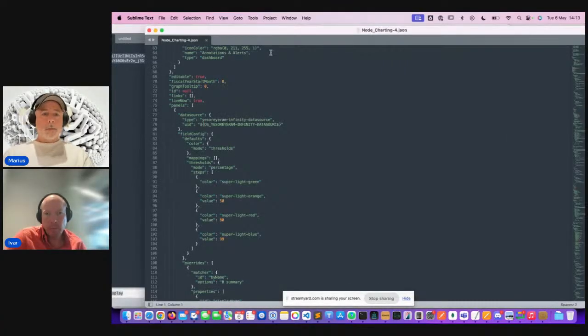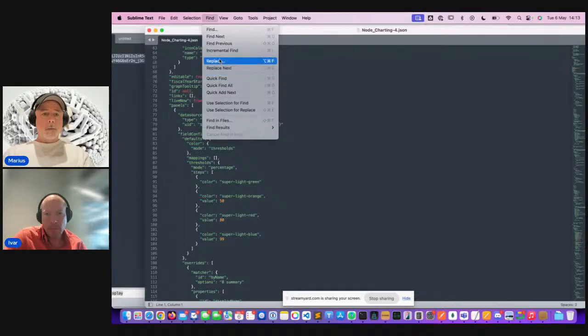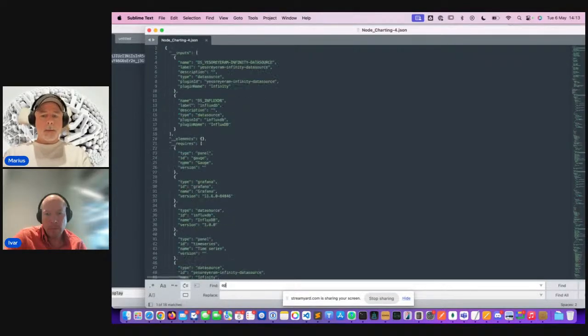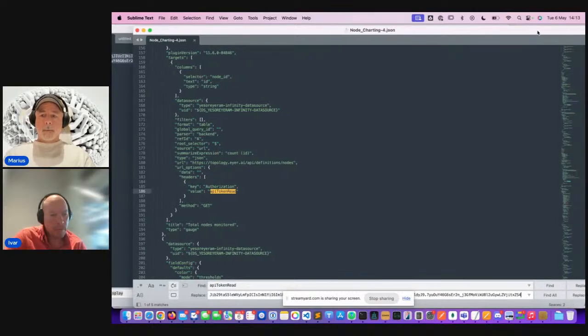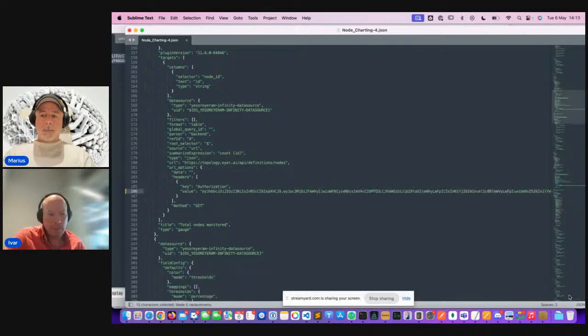We're back to this one, and we do replace an API token read, and we do a replace. Replace all. I'm just going to stop sharing a bit because I need to find my